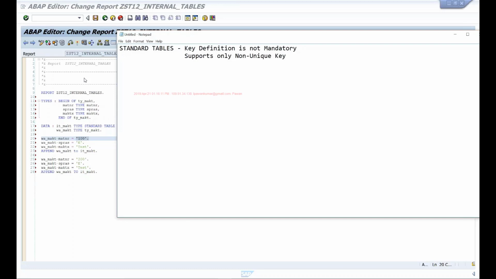That means you cannot have a unique key for your standard tables. Okay, it supports a non-unique key. So you can have any number of entries with the same key in your internal table. It won't complain, right? And another thing is, whenever I'm adding a row to this internal table, it generates a linear index. Okay, so this table supports index.